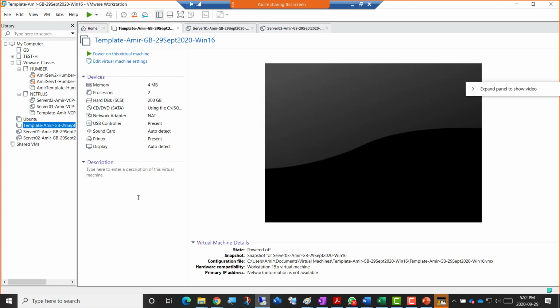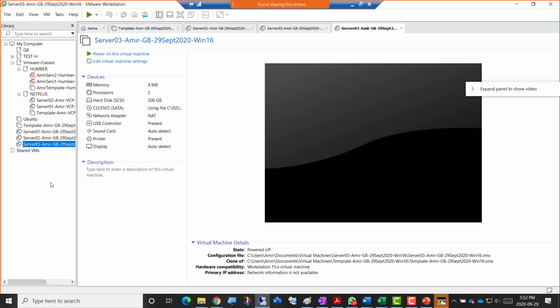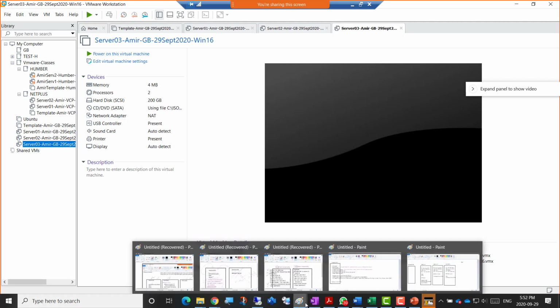And let's click close here. So we got here 3 clones created. Remember that these 3 clones all have 4 MB RAM, which is not enough to even start a machine. So we will have to go for each clone and start them one by one. There are some initial tasks that we need to do in all the 3 clones,